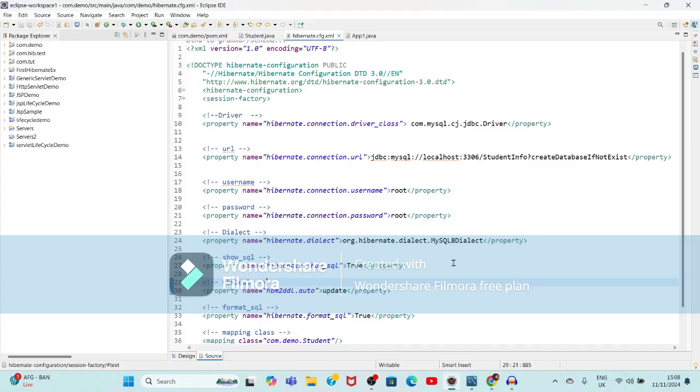This dialect gives information to the framework on how to convert Hibernate queries to SQL queries. After that, we have used show SQL having property value as true, so that whatever SQL commands we are executing will get displayed on the console. After that, HBM to DDL mapping. The name itself suggests it is doing Hibernate mapping to